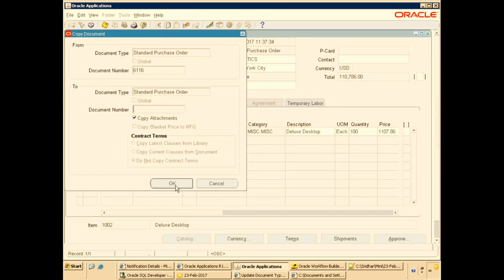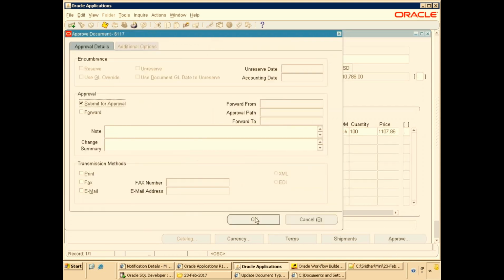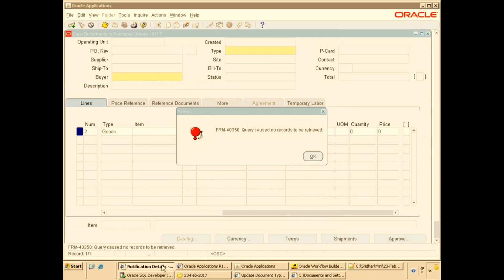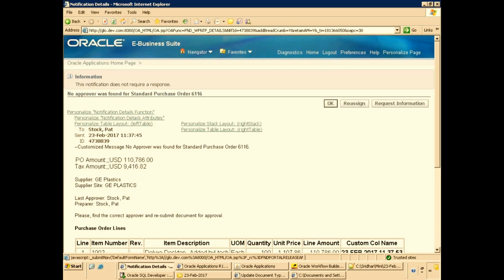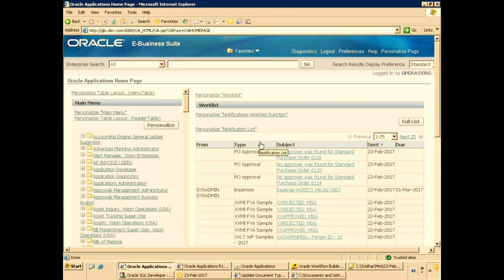Tools, copy document, and approve. Submit for approval. Okay. Click on home. 6116.